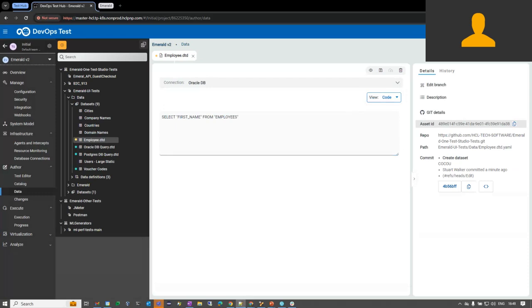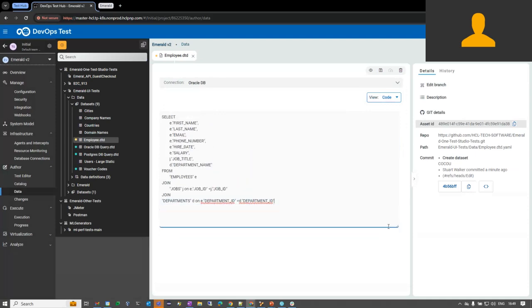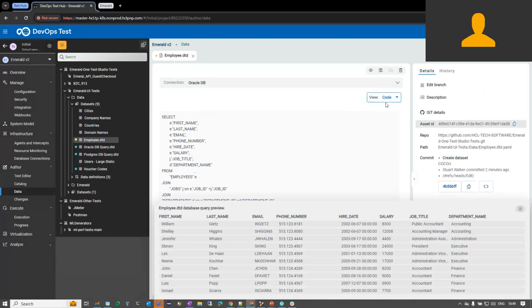Well, that becomes interesting when you start thinking about joining data across tables. So in my database, I don't just have a single table for employee that I'm interested in. I want to be able to form a single data set from my employees table, where I've got their first and last name and so on, but also their jobs title, which is in a different table, jobs, and their department name, which is in a different table called departments. And so I can create these SQL joins, and I can preview that data so that we've now got all of those